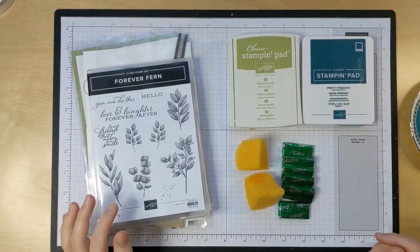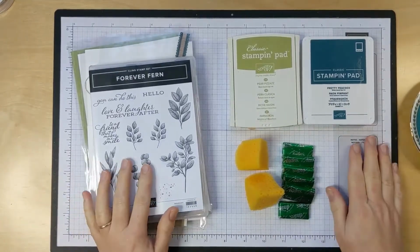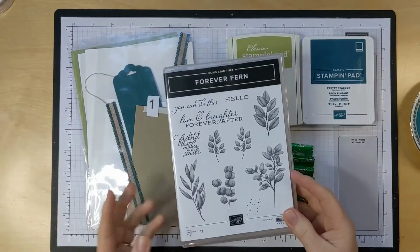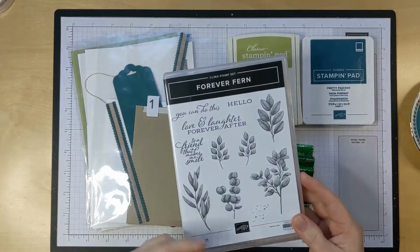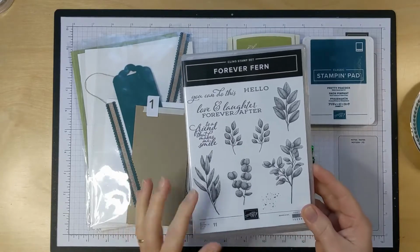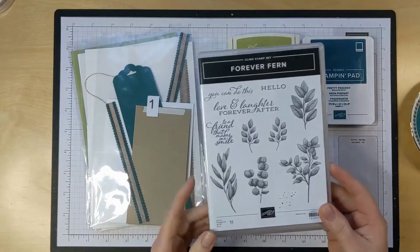We are starting out 2021 with a brand new Coco and Crafts class. This month we are going to focus on Forever Fern. And I don't know if anybody else noticed this but me, but it's called Forever Fern and yet I don't see any ferns in the stamp set. Regardless, it does have some beautiful foliage, some really pretty fonts I love, and we are going to use it